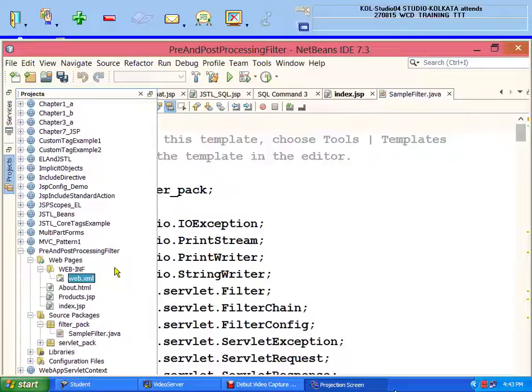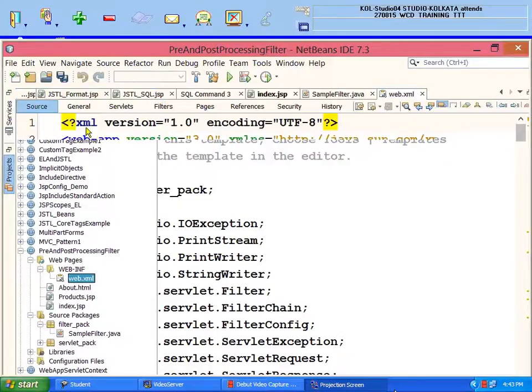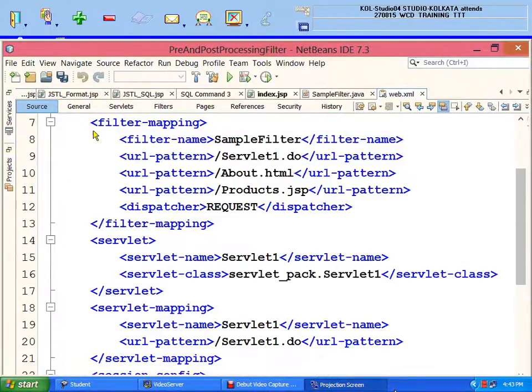Now there is something called filter mapping. This is very, very important. Just the way we did servlet mapping, there is something called filter mapping also. This is the filter named sample filter, or this name called sample filter will work for the 3